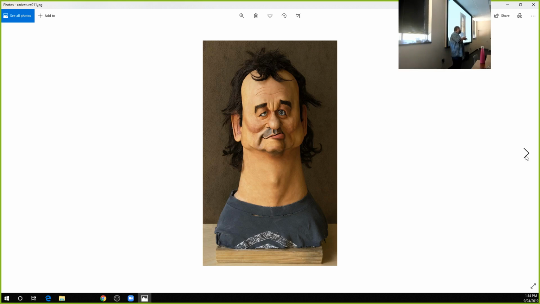If someone were to boil Bill Murray down to the essence of Bill Murray, that's what they crafted this out of. They took what it is that we think of Bill Murray as. Let's exaggerate those features, right? It's not just, what if they're like, I'm going to make his eyes huge. Well, we wouldn't see that as Bill Murray, because you think of him as kind of squinty, kind of beady-eyed,